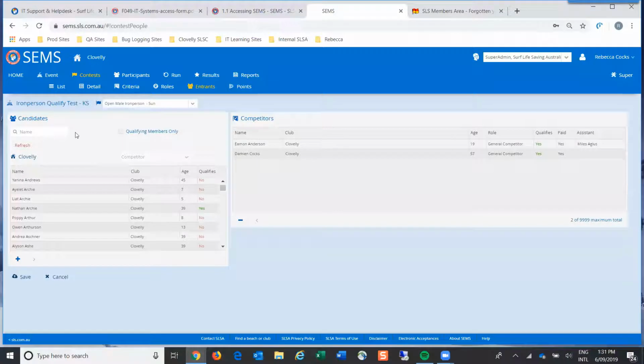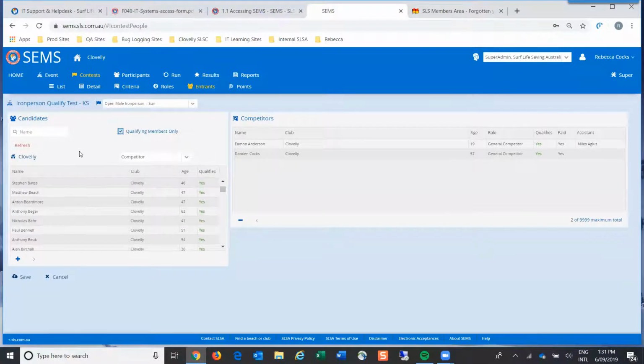If you can't find them when they're in qualifying members and you still want to try and enter them, tick the box and you'll see then why they can't be entered, because they're a no. Then you would need to contact the event organiser and find out if there's some issue, like if you've enforced patrol hours but they got their bronze in December, so they don't have to have all the hours, etc. All those things can be overridden by the event organiser.